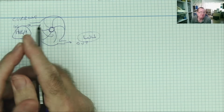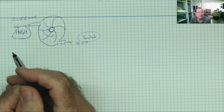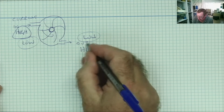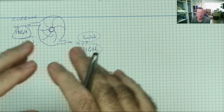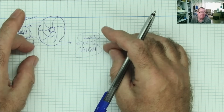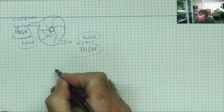What happens when we reduce or we stop feeding water in? The wheel is still spinning, water is still coming out. Where's the high pressure now? Well, it's here on the output. The high pressure of water here, and this is now low. So you can see that during the cycle of this spinning up and spinning down, we go from a condition where we have high pressure on the input, low pressure on the output, to an even amount of pressure, to low pressure in the input and high pressure on the output. And the same applies with the inductor coil. So with our inductor coil,